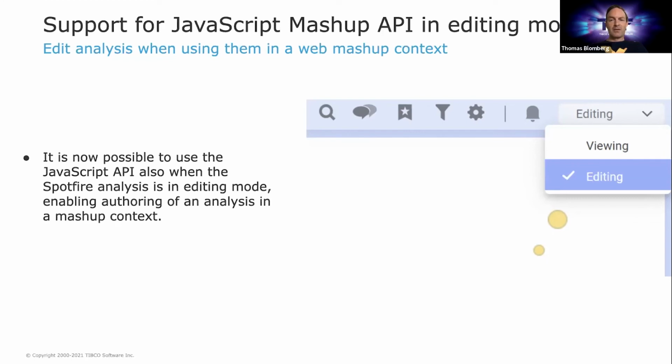So you can enable users to actually be in full-fledged authoring mode while using Spotfire from within another frame, another context. Really powerful feature, really cool. Hopefully you can do much more with mashup Spotfire solutions.